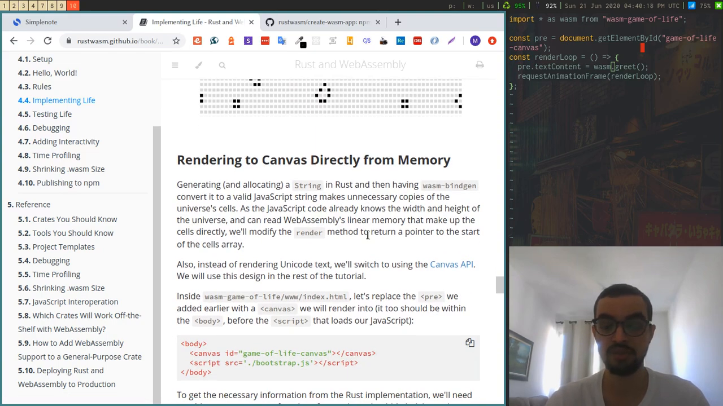Rendering to canvas directly from memory. Rendering and allocating a string in Rust, and then having wasm-bindgen convert it to a valid JavaScript string makes unnecessary copies of the universe cells. It already knows the width and height of the universe. We can read WebAssembly linear memory that makes up the cells directly. We modify the render method to return a pointer to the start of the cells array. Also, instead of rendering,